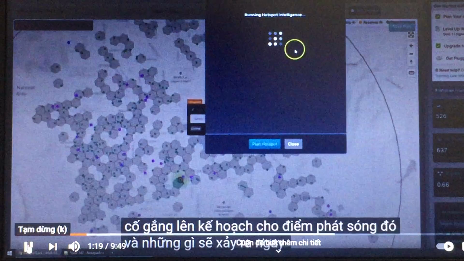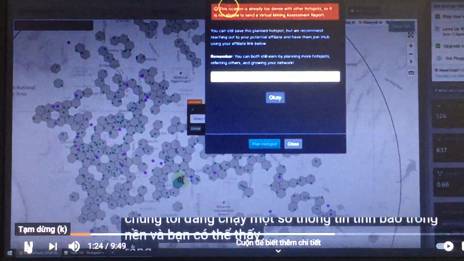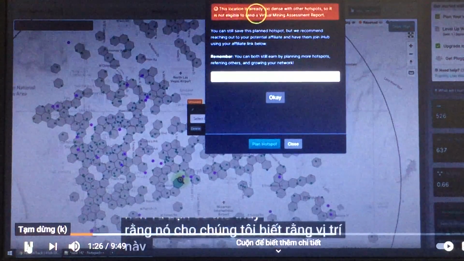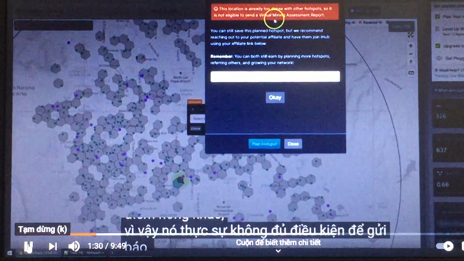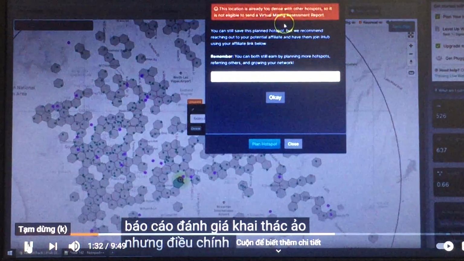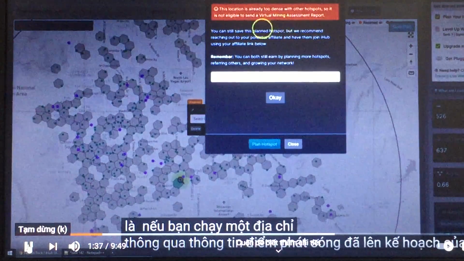And what's going to happen right now is we are running some intelligence in the background, and you can see that it's telling us that this location is already too dense with other hotspots. So it's actually not eligible to send a virtual mining assessment report. But the main thing to keep in mind here is if you run an address through our planned hotspot intelligence,